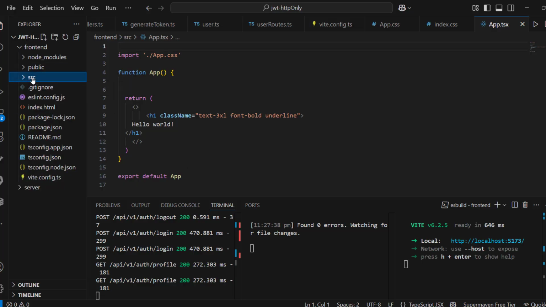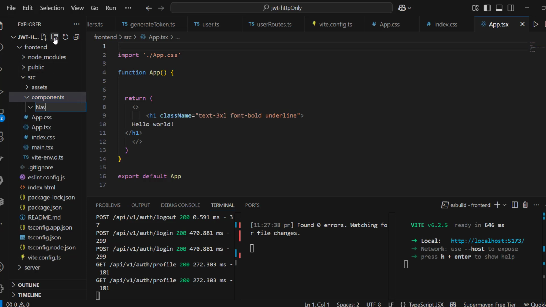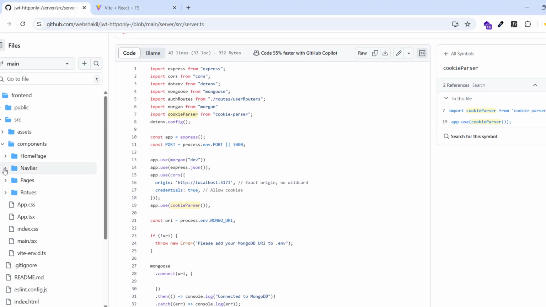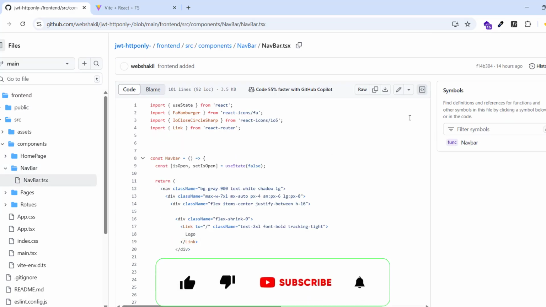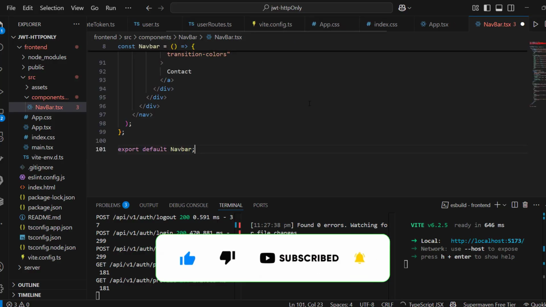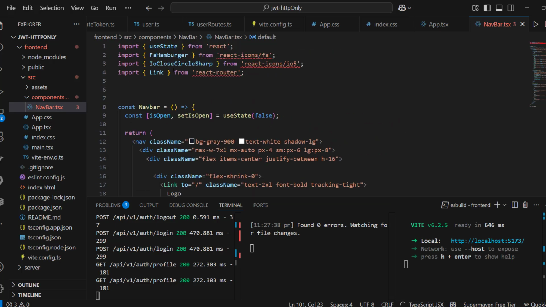Go to source, components, then navbar, then navbar.tsx. So for the navbar, we need